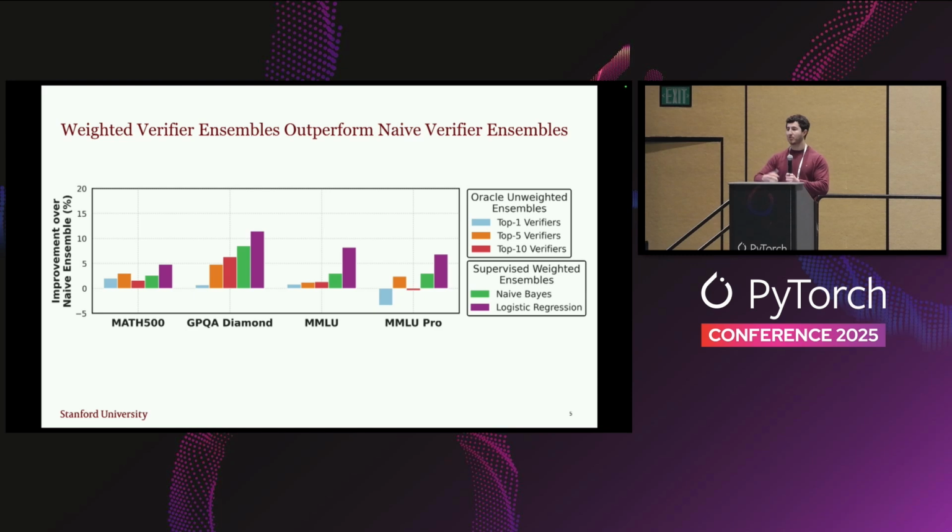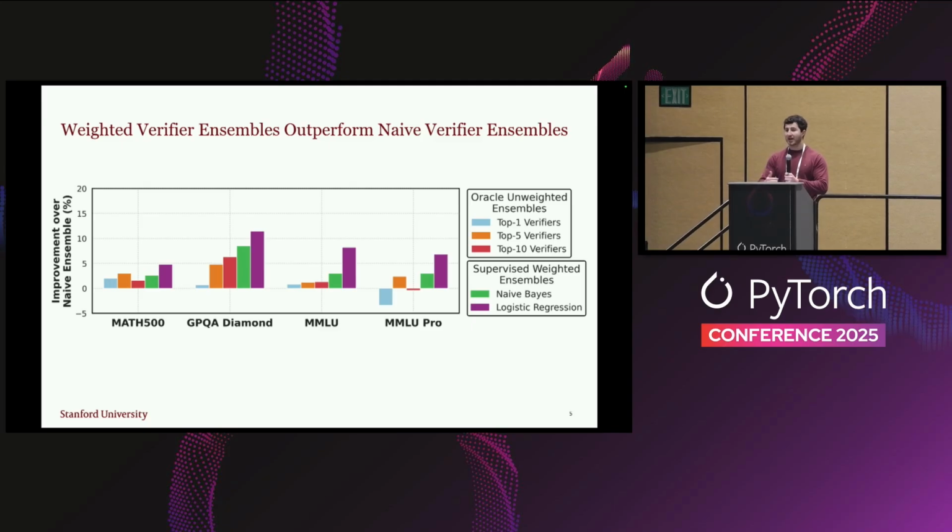You can get performance that outperforms any individual LM, and you can also get performance that helps close this generation verification gap on all sorts of different tasks: in mathematical reasoning, in scientific reasoning, and PhD level reasoning with GPQA Diamond, and even more generalist reasoning with datasets like MMLU Pro.